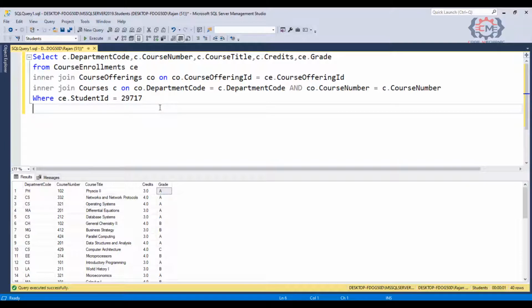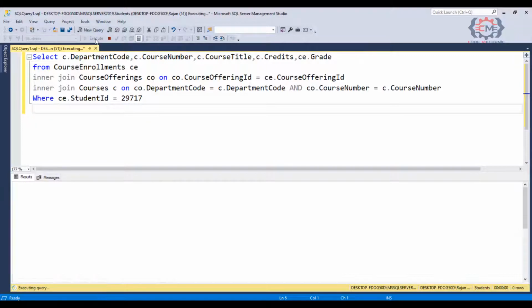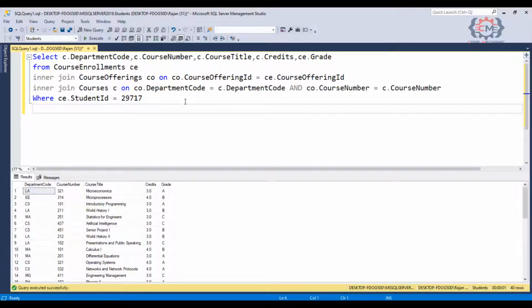So you might imagine a query like this being run on a web page that produces a grade report for an individual student. So I am going to go ahead and run this query. And we do see that it takes seconds to run. So maybe you have identified this query as something you need to take a look at. And we want to figure out how we can make this query run faster.